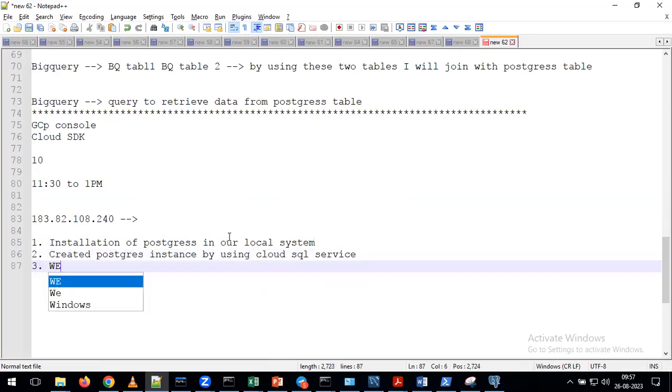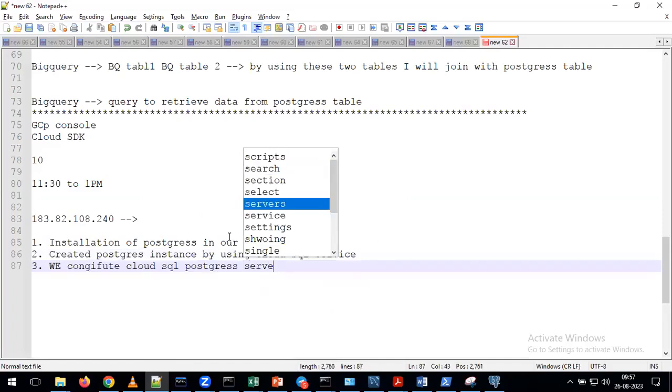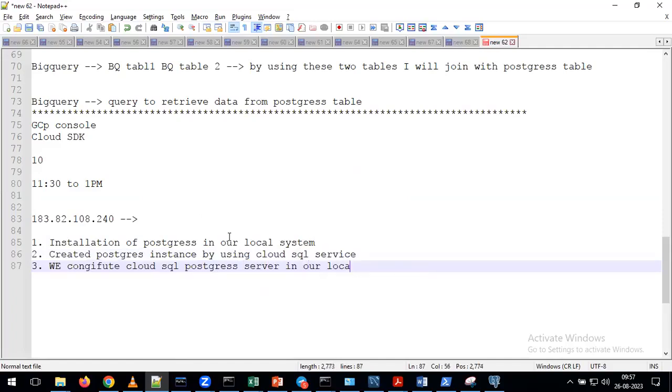Next, we configured the Cloud SQL Postgres server in our local system. We did this activity by using the PGAdmin4 application.